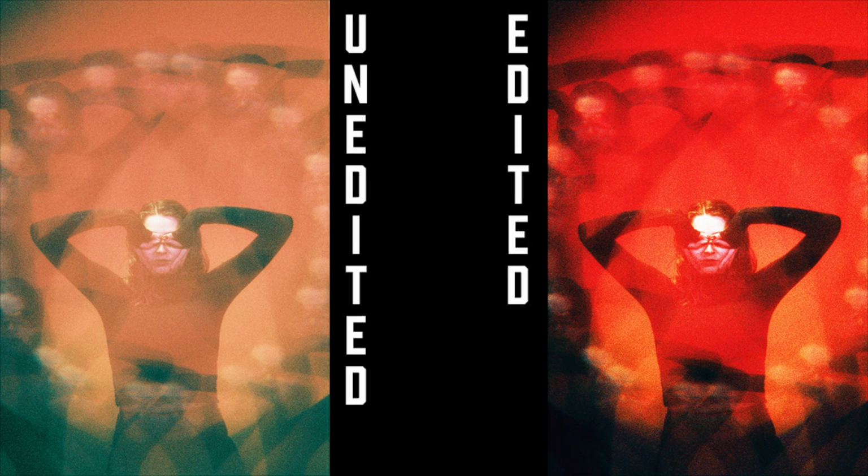The set that came out the best was the set that I accidentally metered at 100 instead of 200 ISO. And I've seen other folks online saying that it's best to meter at around 160. It seems to me that if you're shooting indoors at least, overexposing by a little bit might be a good idea. I'm a big fan of this spooky look overall, and the red colors are